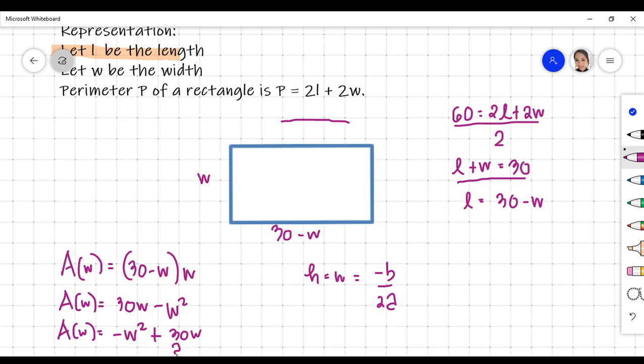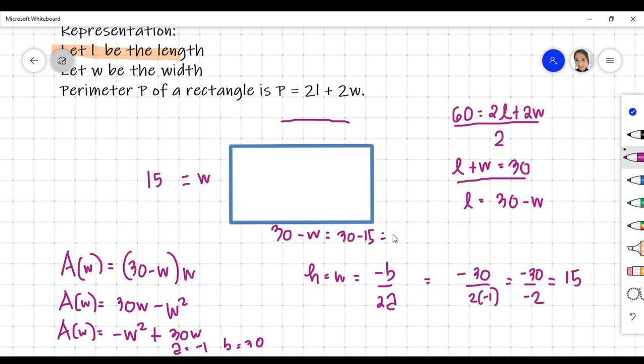Our A is negative 1 and our B is 30. So, negative 30 divided by 2 times negative 1, that is negative 30 divided by negative 2, that is positive 15. So, yung W natin is 15. So, this is 15. So, ano naman yung length natin? Remember, this is our length. So, 30 minus 15